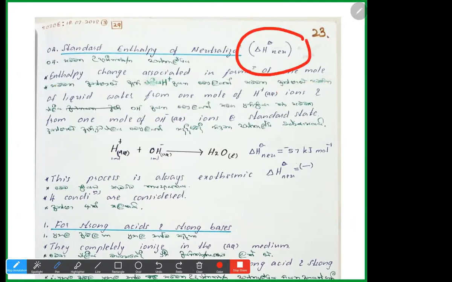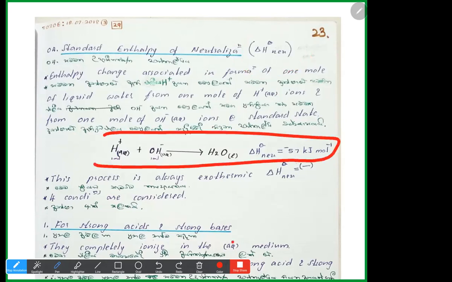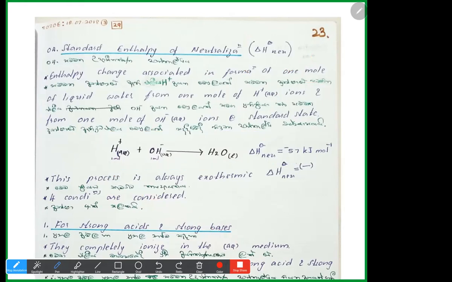So delta H theta neutralization is always minus 57 kilojoules per mole. But we are having this issue. If this is any acid releasing H plus, or any base releasing OH minus,